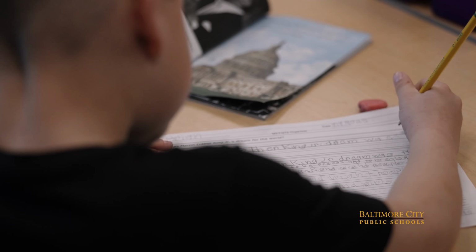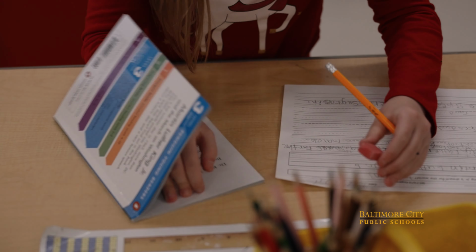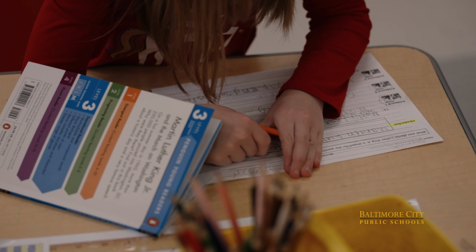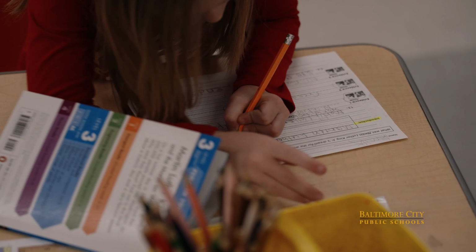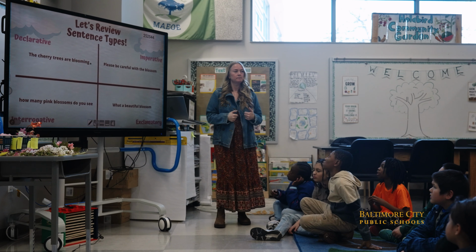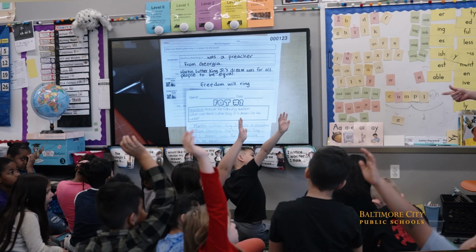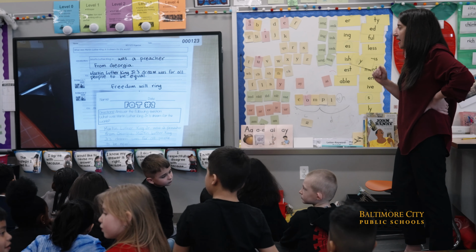Before the Writing Revolution, we had different professional development and input for teachers across the content areas when it came to writing and strategies. So what we wanted to do is have the same input for math teachers, science and social studies teachers, essentials teachers, and our ELA teachers that focused on the same strategies. The goal was to have the same conversation about writing happening in every classroom across the school.